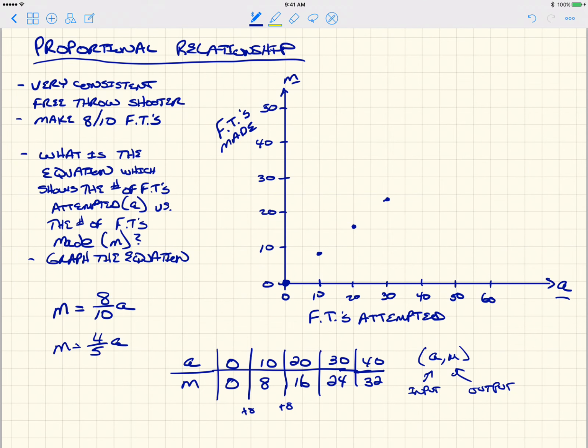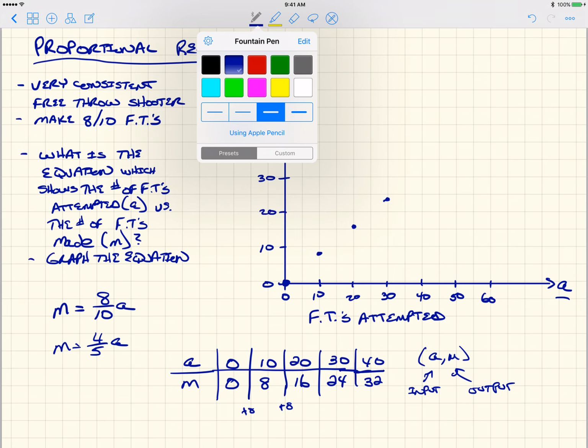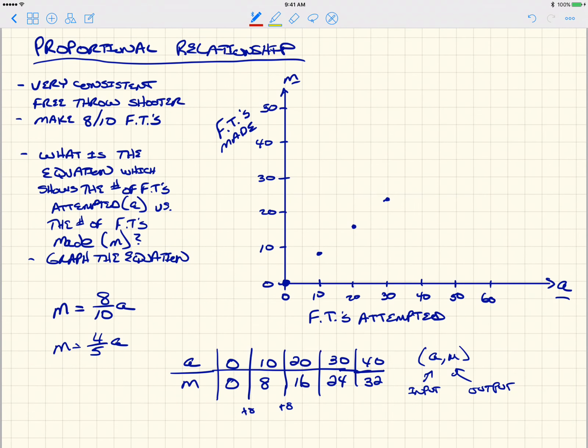All right. So at this point, I can go ahead and draw my line. All right. Let me get my straight edge here. And I'm going to, let me select another color for the line. All right. And let me move my coffee cup out of the way. And all right, so we're going to have a line that looks kind of like that. Okay, there we go. All right, so this is the line that describes, okay, M equals 4/5,